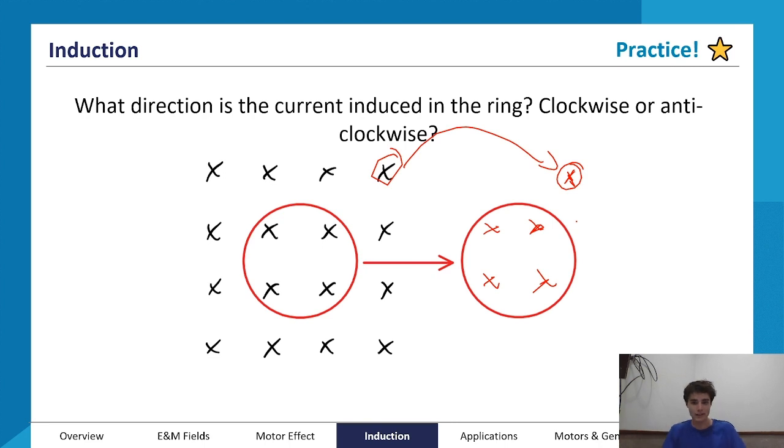And then once we've created that fake magnetic field, we use our right-hand grip rule to figure out what the direction of the current that's induced is going to be. And so in this case, use your right-hand grip rule and you find out it's going to be pointing in that anti-clockwise direction, which is